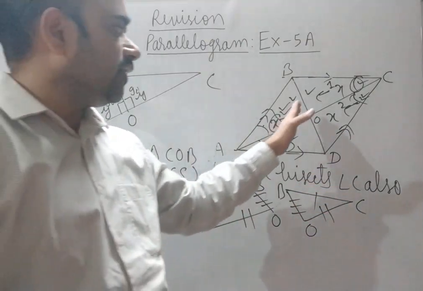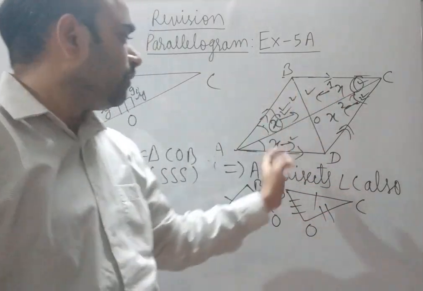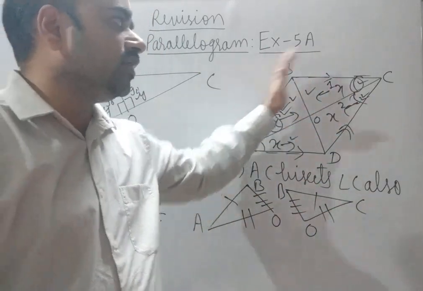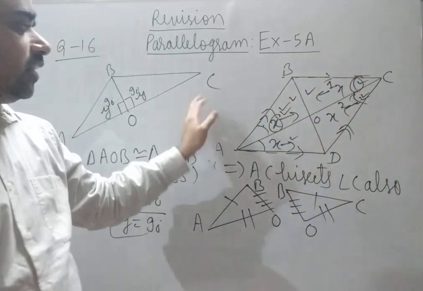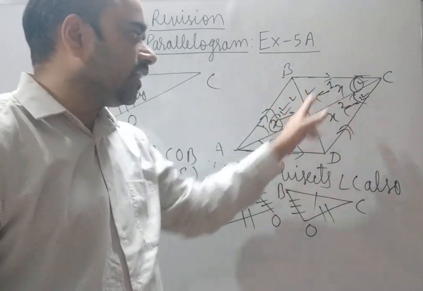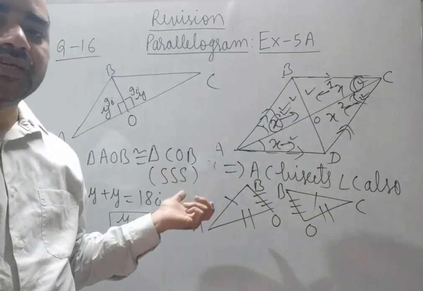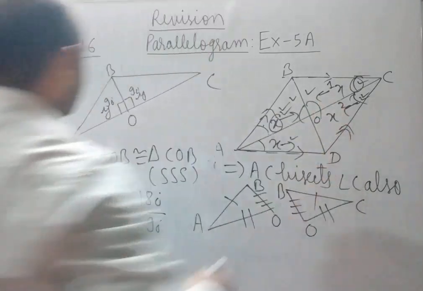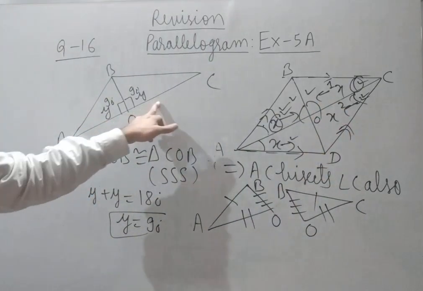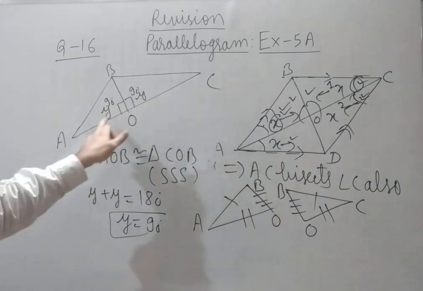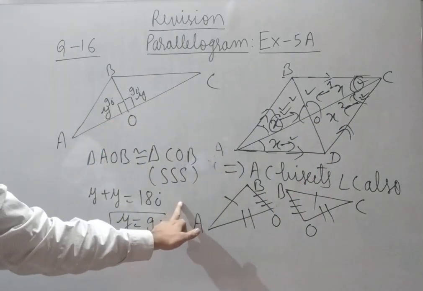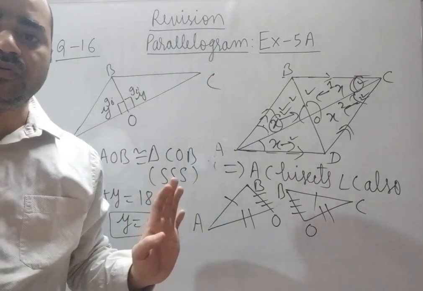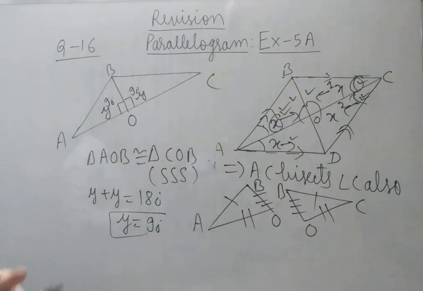So first we have taken the congruence of triangles, and since angles are equal in triangle ABC, it means opposite sides will be equal property. Then both the triangles AOB and BOC are congruent by SSS. Therefore by CPCT these two angles are equal. We have taken the equal angles as Y. AOC is a straight line. It means Y plus Y is equal to 180 degree. Y will be 90 degree. Hence AC is perpendicular to BD. Clear? Third part.